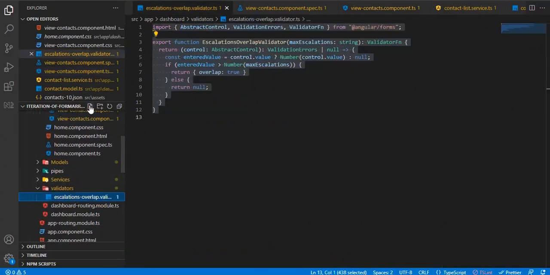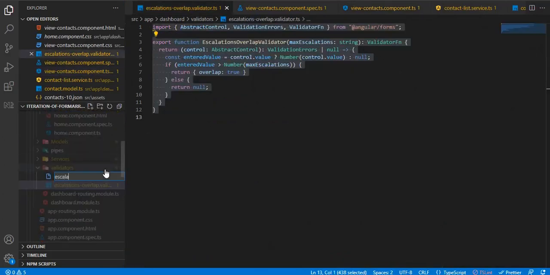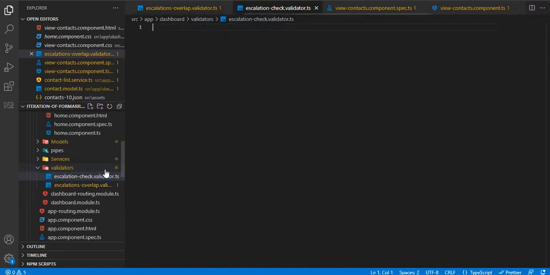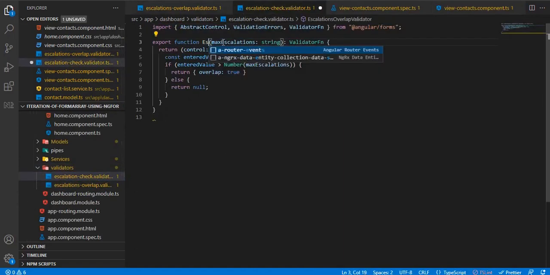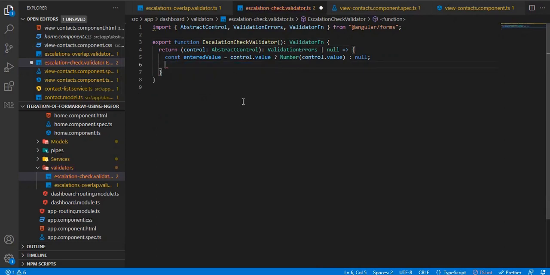So here what we'll do is we'll call this escalation check validator.ts. Now we'll copy the syntax here. Let's name this escalation check validator. It doesn't take any input, so we'll remove this. We don't need this whole logic.